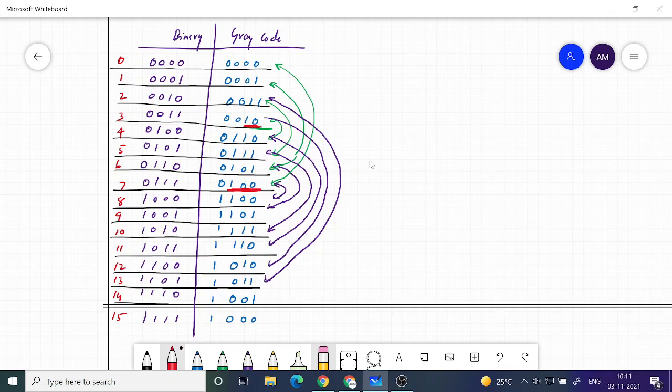Okay, so you are only allowed to change a single bit position. Now if I change the least significant bit, I will fall back to the previous case, which is not allowed. So I try to change the next bit position, that is 0, I will make it 1. So I get 0 0 1 1. Is that clear?